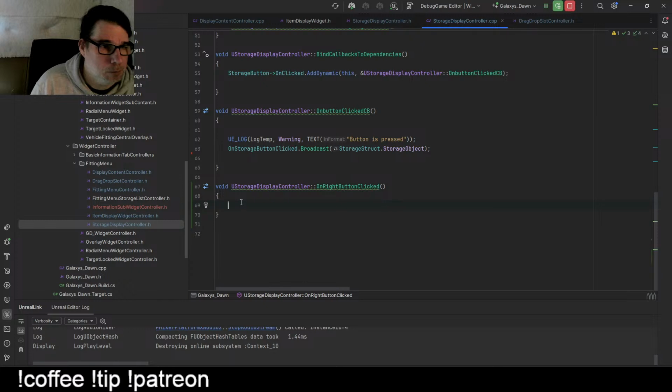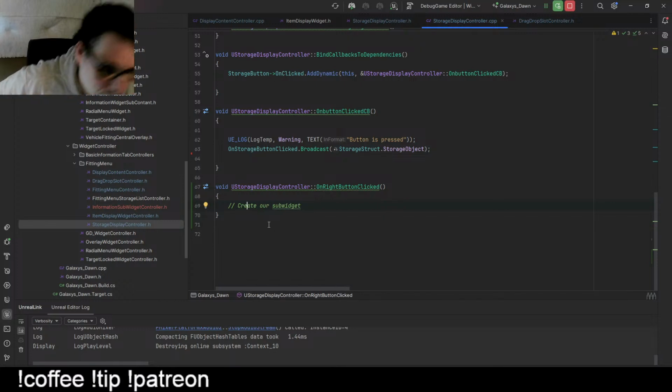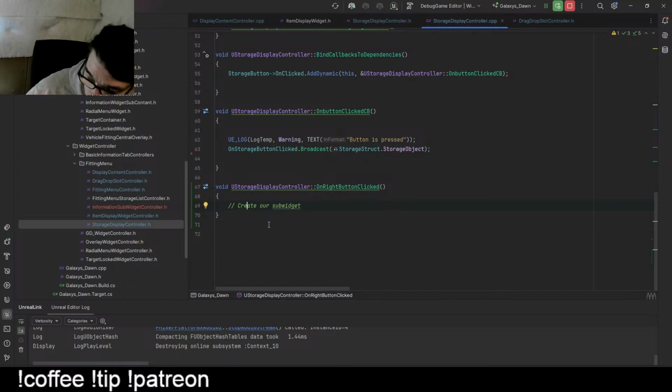All right. So we are clicking on the right click button, and of course we want to create our sub widget. That's what we want to do here. And for me, personally, I do this because, first of all, I want to learn it, and second of all, I tend to feel that Blueprint gets very unwieldy and out of control